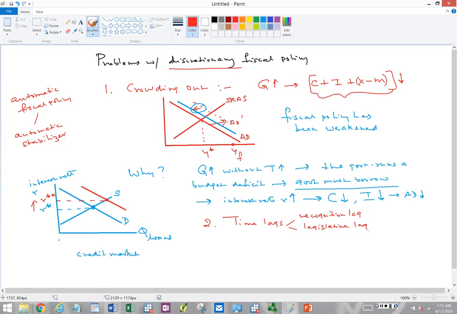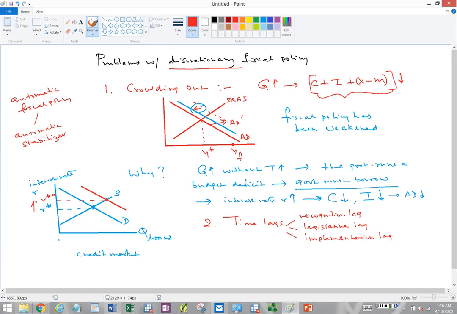Right? So that is a second lag, and by this time, the recession may well have become a deep depression. Right? And our third time lag that reduces the effectiveness of fiscal policy is called the implementation lag. Once Congress decides that yes, government spending is going to go up and taxes are going to go down,